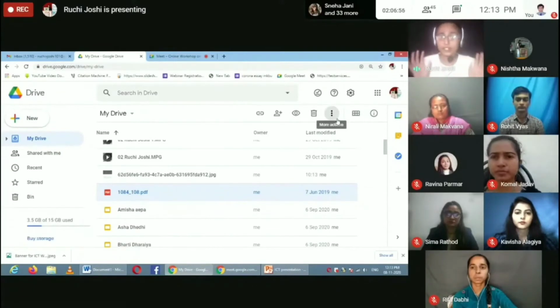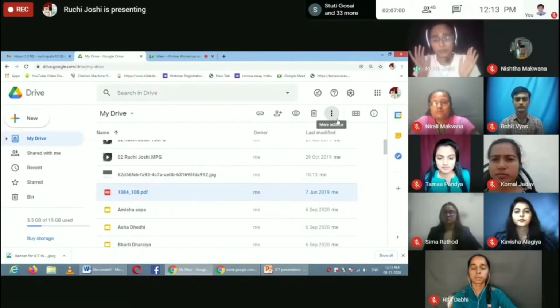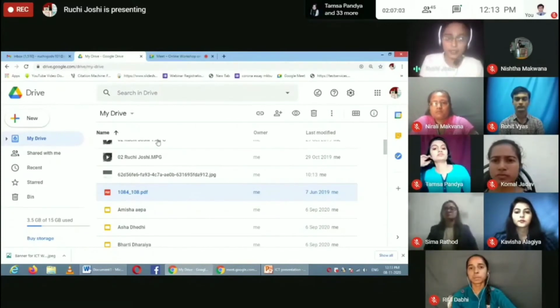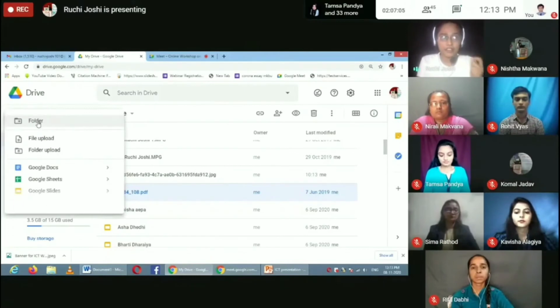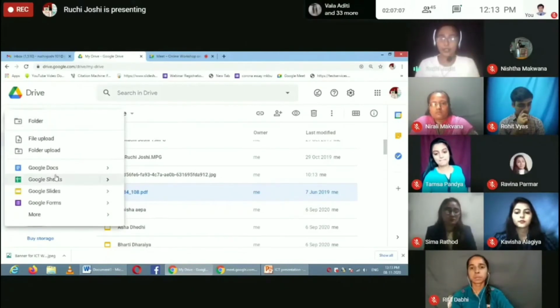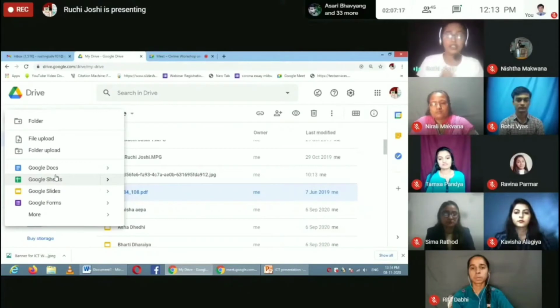So these are the primary things we need to learn about Google Drive, because time and again we have to use this. Another feature is that when we click on new, there are important features: Google Docs, Google Sheets, slides, and forms. The online quizzes we appear in are made on Google Forms. So this is also a curious thing to know, how it is made.